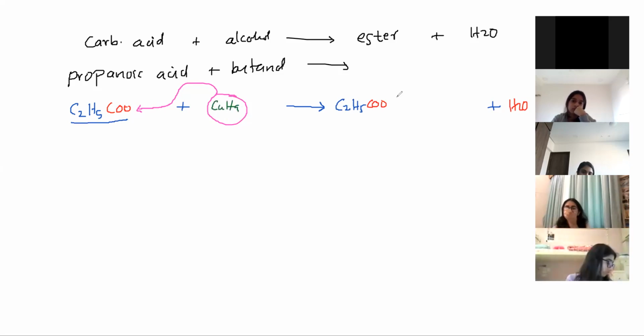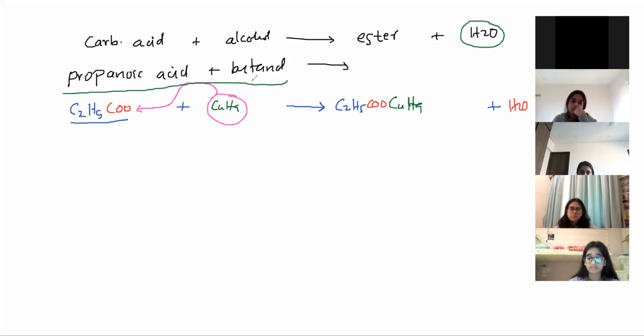So that you are clear about it. C4H9. Okay, now this is the ester. So in ester formation, one simple reaction in ester formation, water should be lost. So for the water, out of the acid and alcohol, which fragment should come from which? Alcohol will give you OH and acid will give you H to form water. And the remaining parts of the acid and alcohol will join to form ester.